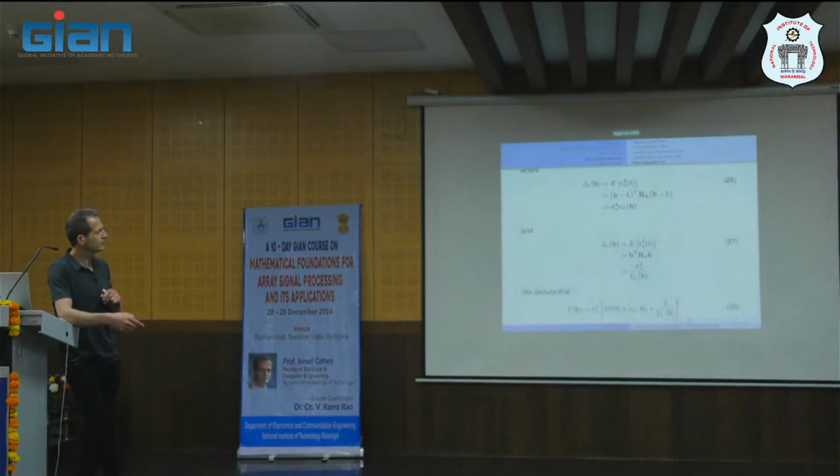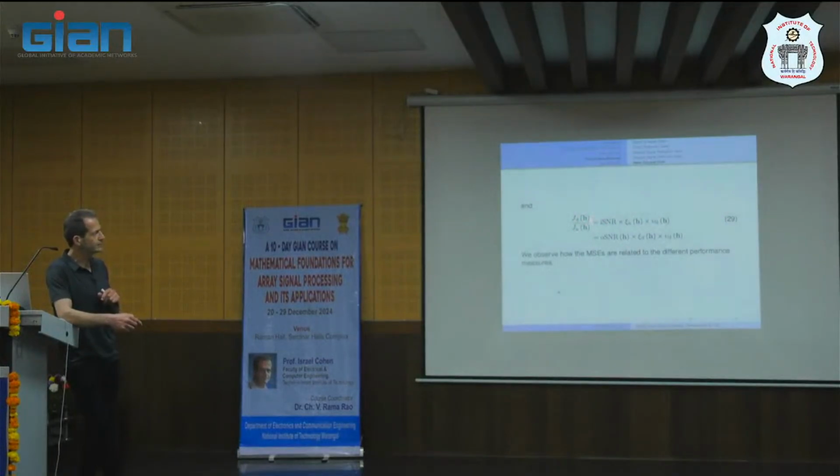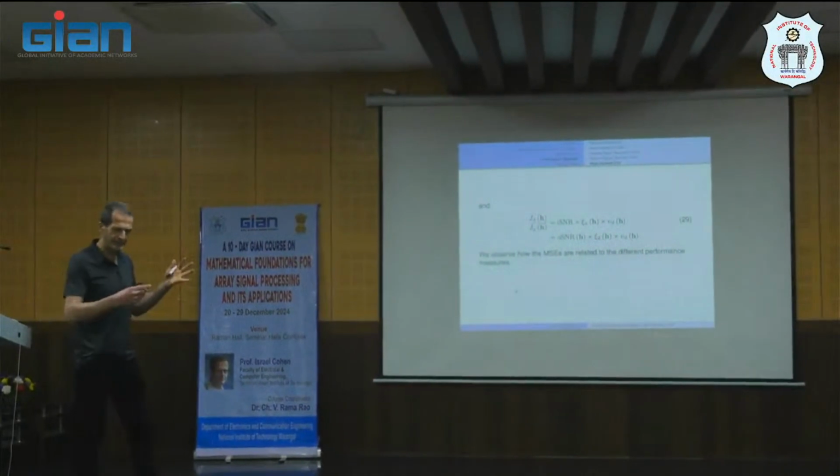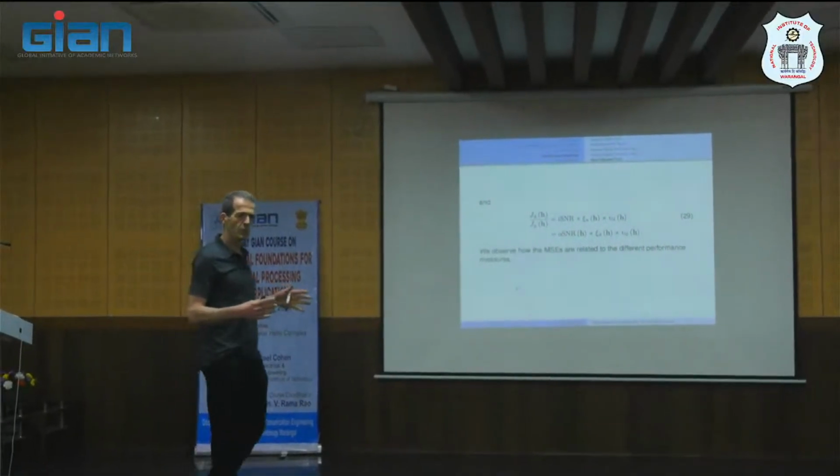Okay, and of course we have some relations between the ratio. So the ratio between the mean squared error related to the distortion and the residual noise, we have some relations between the performance measures, like this. Okay, so it's easy to show. And before we move on, so based on this criteria, we can find